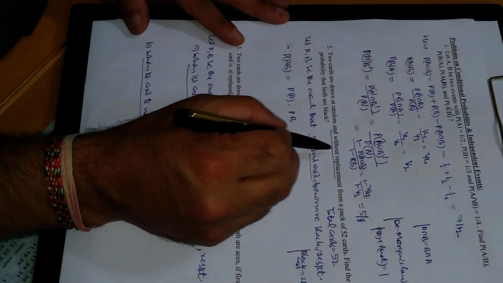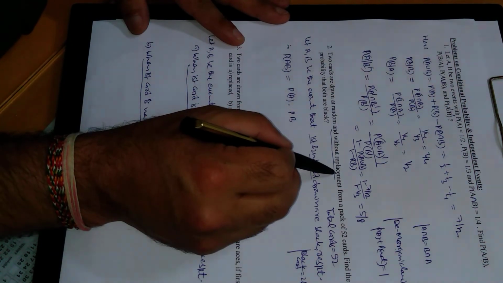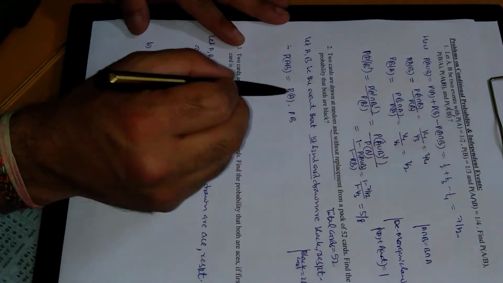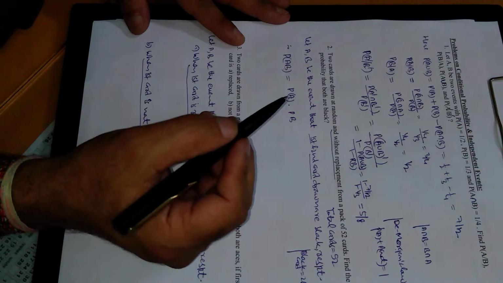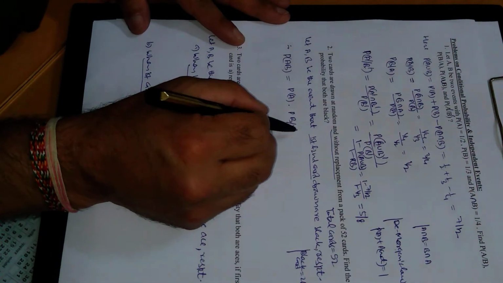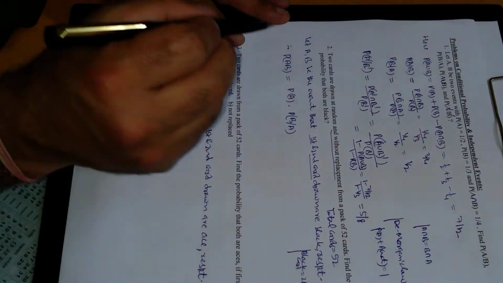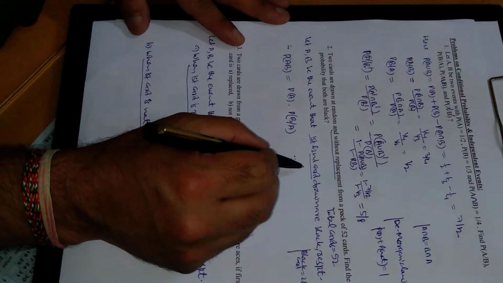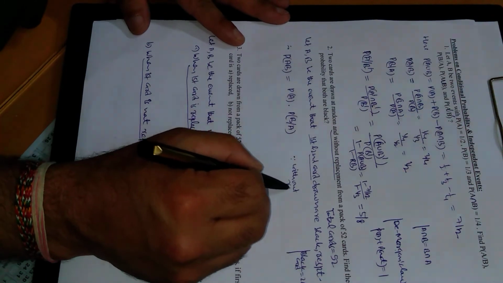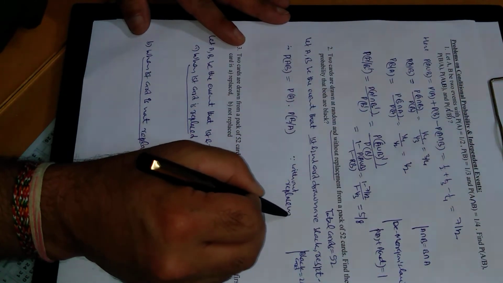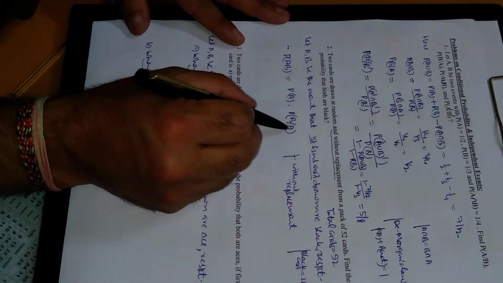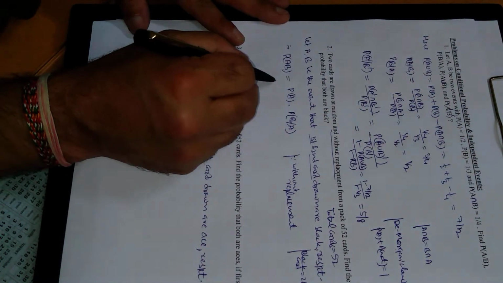Now see here, there is 'without replacement' written. Without replacement means once one card is drawn, that is not again available for the selection. We cannot select that again. So clearly the probability of B is affected by A. So there will be conditional probability B given A, right? Since cards are drawn without replacement, that's the reason there is intersection.